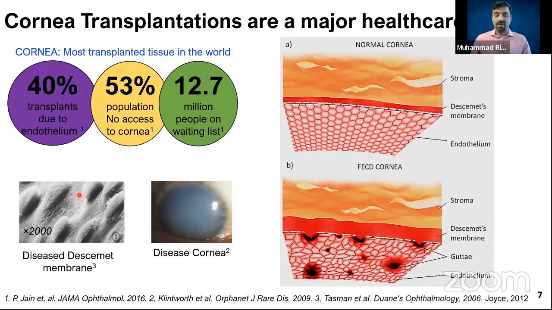So what really happens to this layer? Something happens in the back of the cornea, on the posterior side, that we start to see these micro features on the corneal surface.